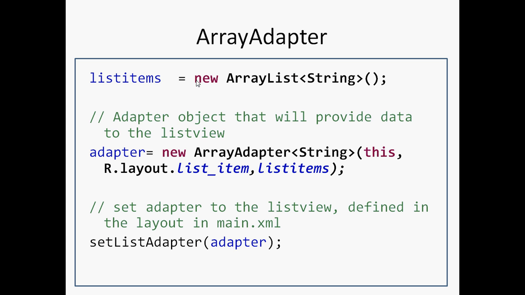Because the Android system implements a default list view, there is no need to specify any object of the list view class to call that method. Here, set list adapter is a method of list view class, but we haven't specified any object because the list view will be implemented by the Android system, so the call will be taken implicitly by the list view. After defining the adapter class object, we set it using set list adapter, passing it as a parameter. This is how you can implement the array adapter.